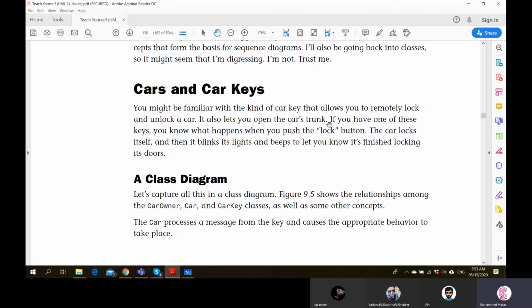For example, whether you are locking or unlocking, what happens is, first, the car will get locked or unlocked. In each scenario, you will also notice that the signal lights will blink. Also, you might get a small sound or an alarm kind of thing, a noise like that. So these are the interactions going to happen between the car key and us, the car owner, the person who is going to do that, right?